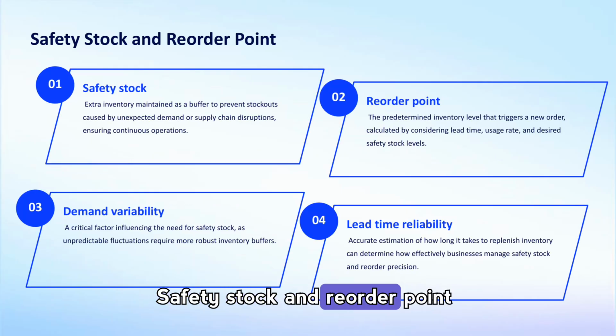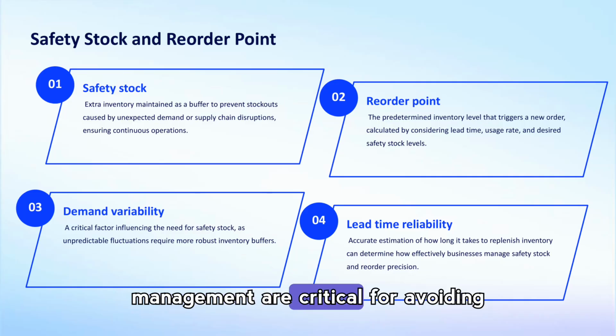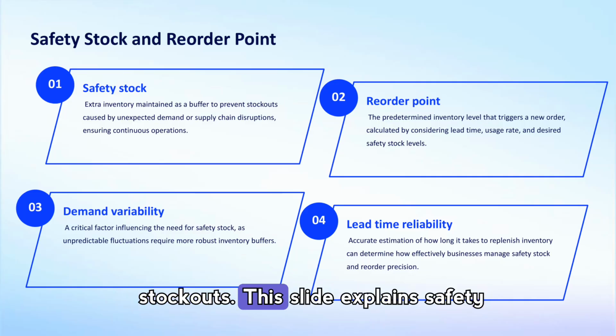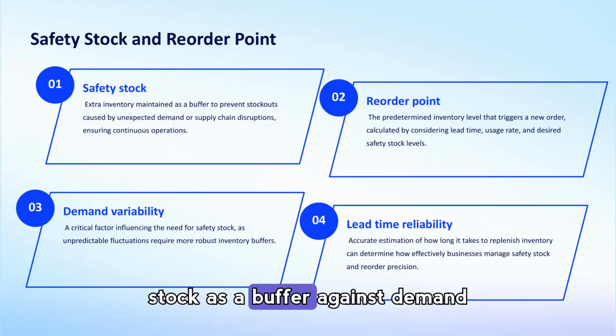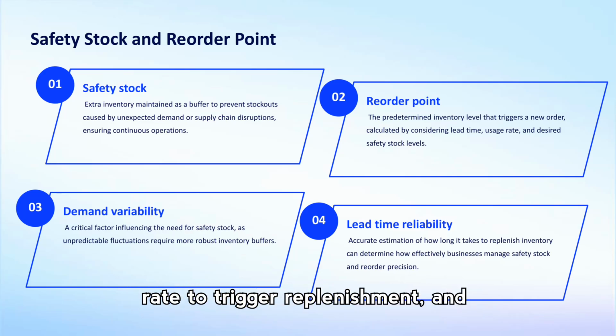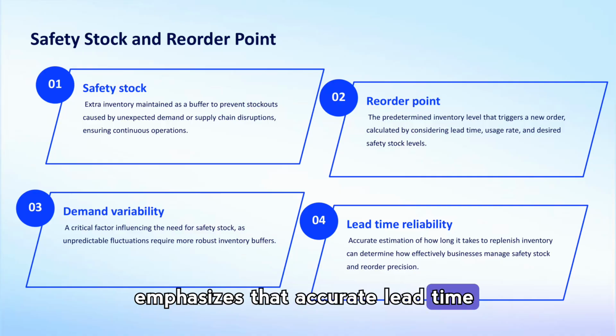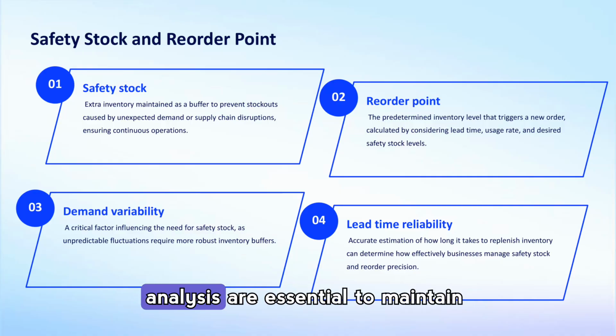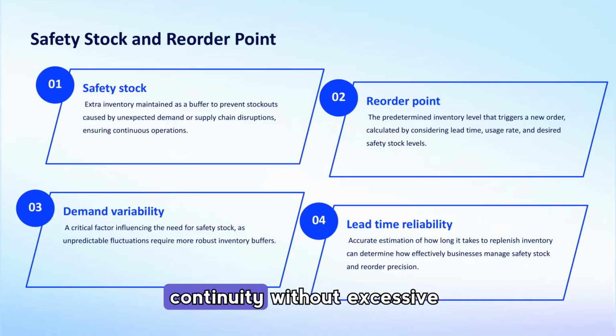Safety stock and reorder point management are critical for avoiding stockouts. This slide explains safety stock as a buffer against demand variability, describes how reorder points combine lead time and usage rate to trigger replenishment, and emphasizes that accurate lead time estimates and careful demand analysis are essential to maintain continuity